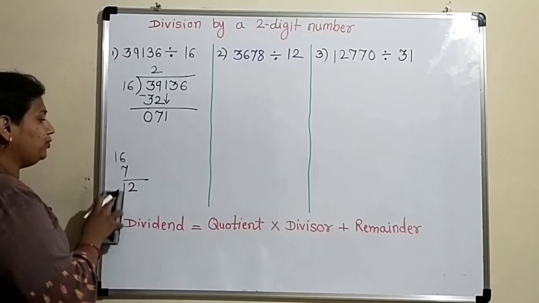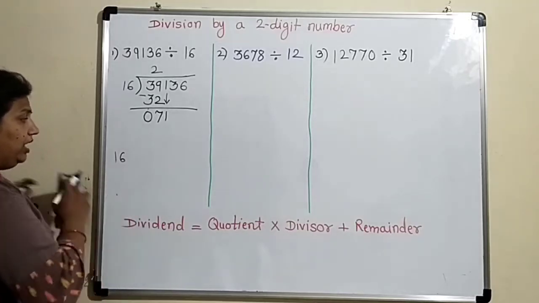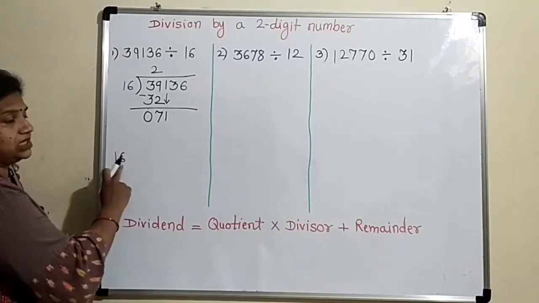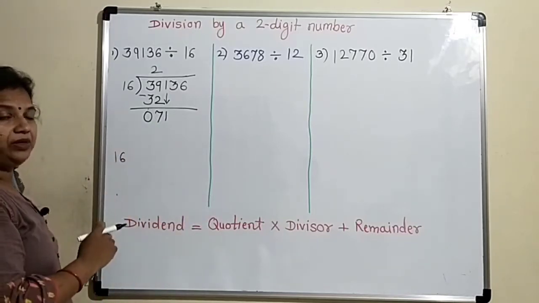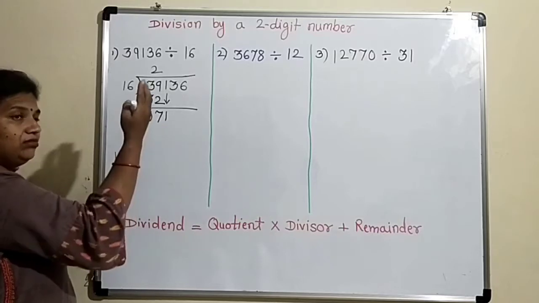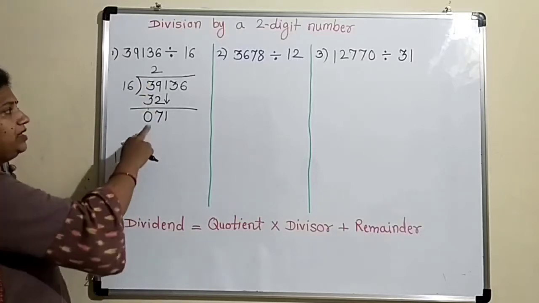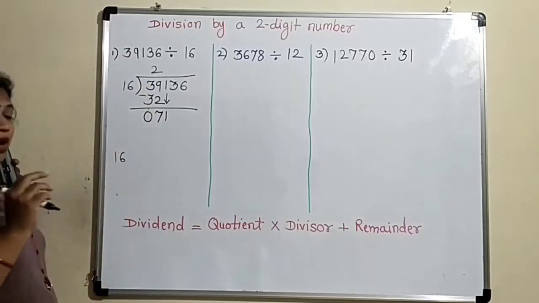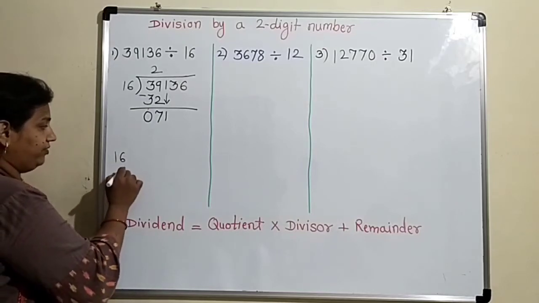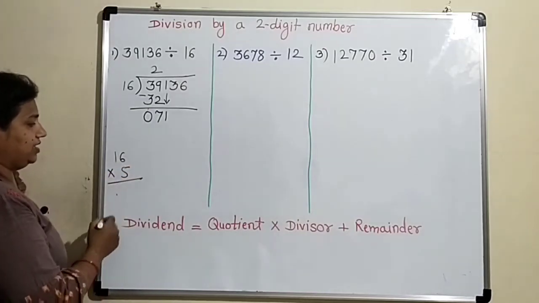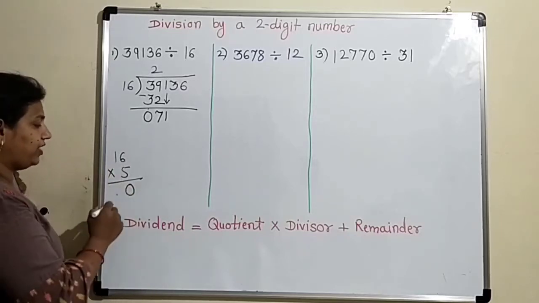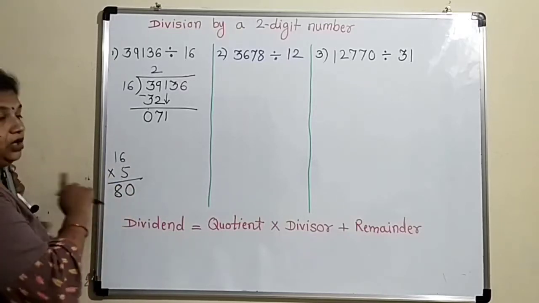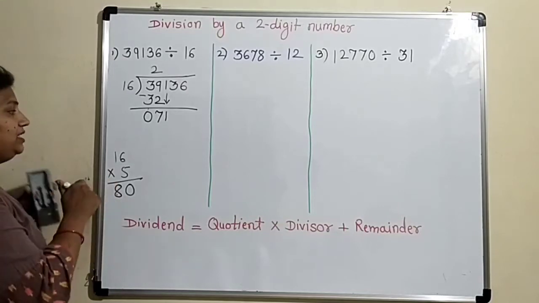So what I have to do is take care of this 6, as there is 6 in the ones place. So definitely some carryover will be there. So try to get a number smaller than 7. I can check for 5. 16 fives are: 5 sixes are 30, 3 is carried, 5 ones are 5 plus 3, that is 8. No, still it is bigger than 71.